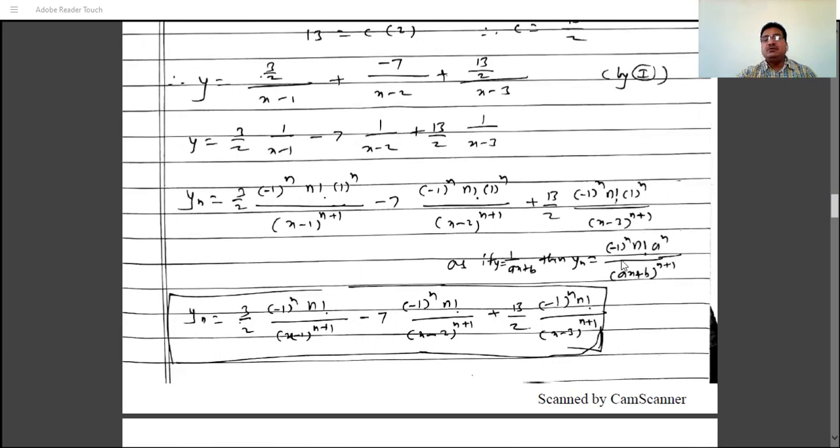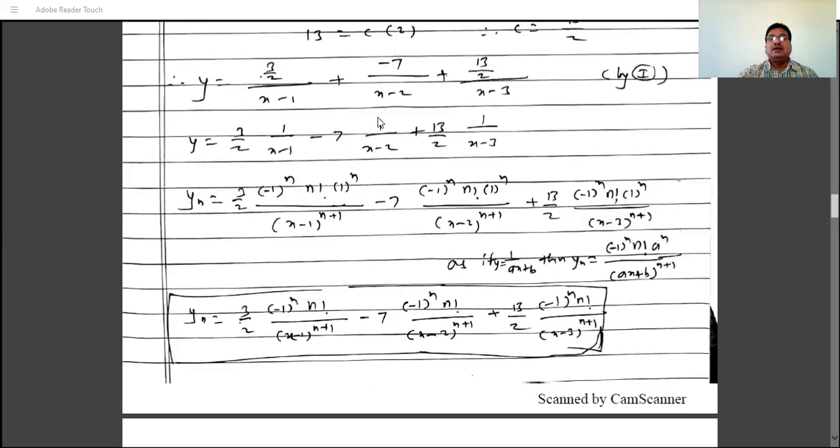Then yn. Now use the rule: if y is 1 by ax plus b, then yn is minus 1 raised to n, n factorial, a raised to n, divided by ax plus b raised to n plus 1. So now 3 by 2 as it is, and use the 1 by ax plus b rule. Here a is 1 and b is minus 1. So minus 1 raised to n, n factorial, and a is 1, 1 raised to n, divided by x minus 1 raised to n plus 1, minus 7,